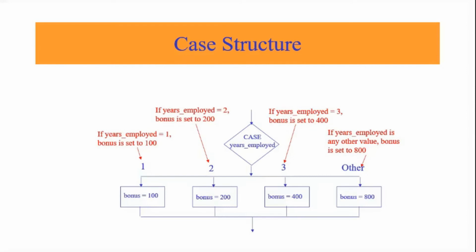So the different structures available in a flowchart are, one is a sequence, then there is a repetition, then there is a decision, then the case. These are the 4 different structures, and we have seen all the 4 structures, how they are represented and how they are drawn in a flowchart.